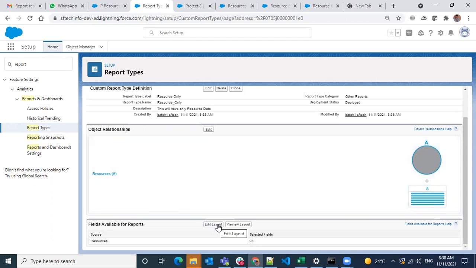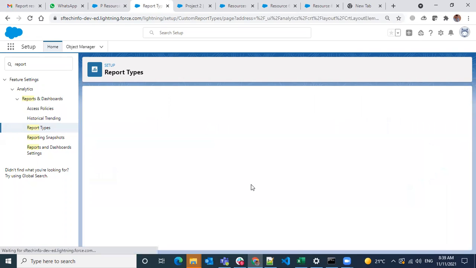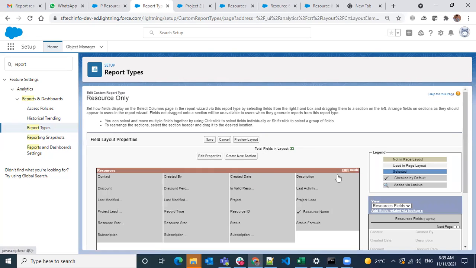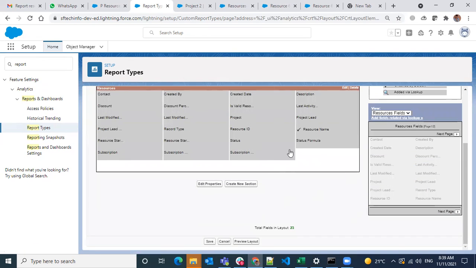What we're creating now is a custom report type. If you check that box while creating a field, it will automatically add the field to this report type. If you don't, you have to come manually and add the fields here. Whatever fields you add here, only those fields will be available while creating the reports.